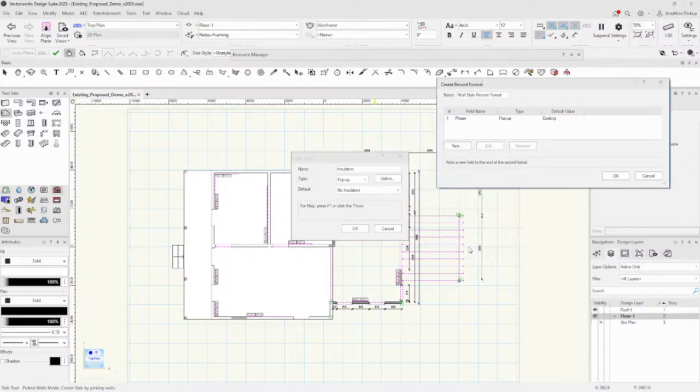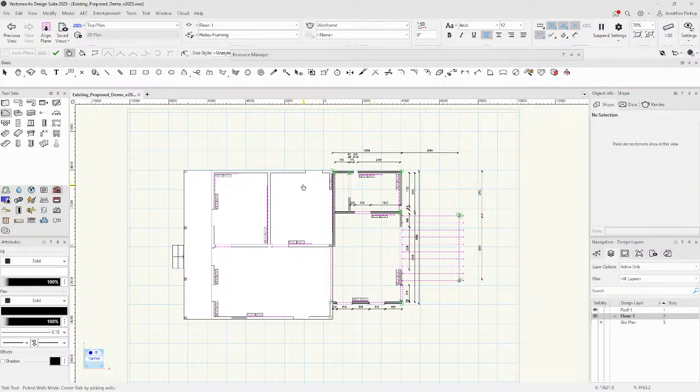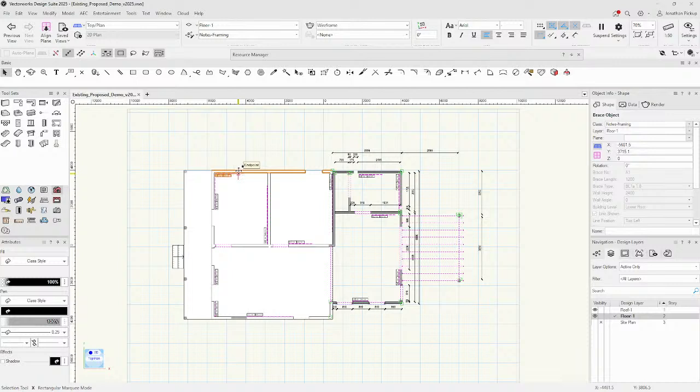Okay, so we've got those. Let's go. Okay, there. Anything else? We can always add to this later on. So this wall here, I'm going to select that wall, just use my selection tool. So select that wall,